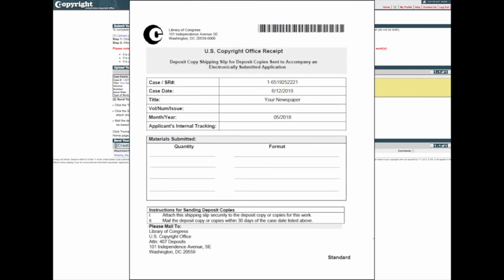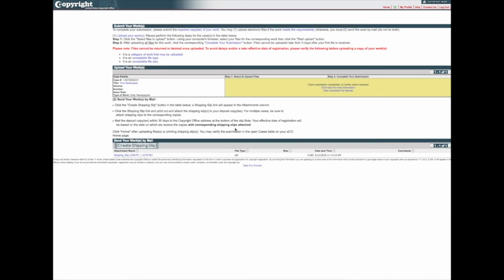Attach the shipping slip to the microfilm before mailing it to Library of Congress, U.S. Copyrights Office, Attention 407 Deposits, 101 Independence Avenue Southeast, Washington, D.C., 20559. This completes all steps for submitting your application for a group of newspaper issues.